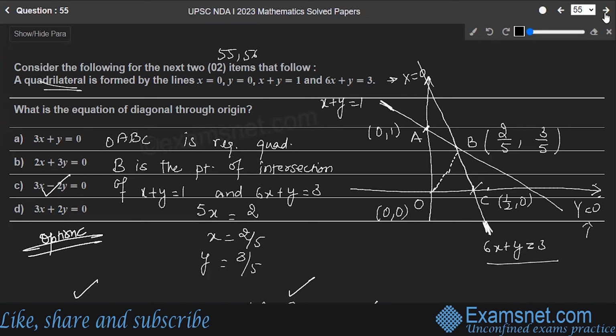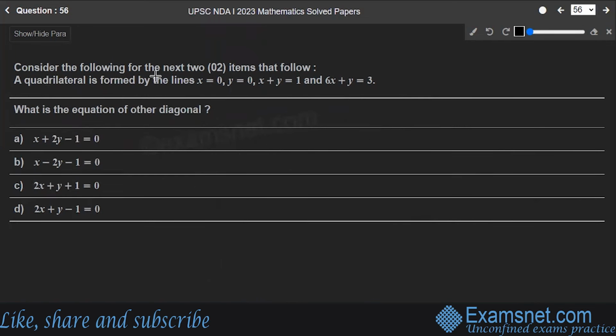Hope you got this. Next is question number 56. Same statement. Now you have to frame the equation for the other diagonal. If you rewind the video and see, the other diagonal is AC, and the coordinates of A were (0, 1) and C were this. So the required equation, same method, required equation will be